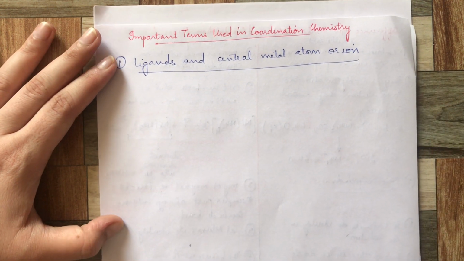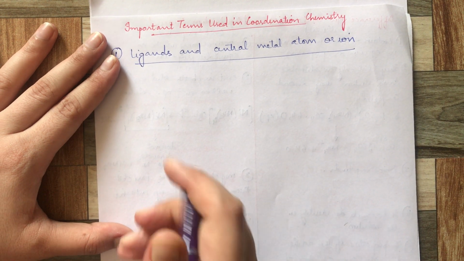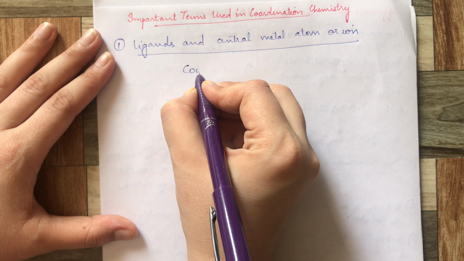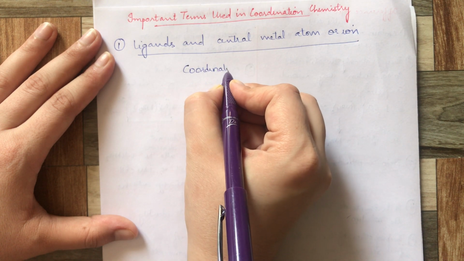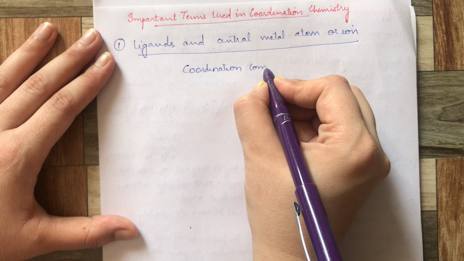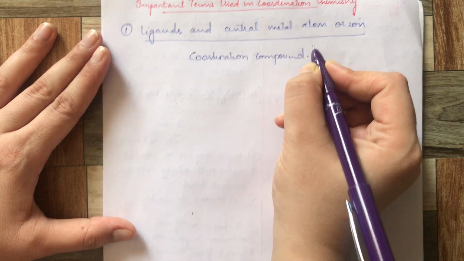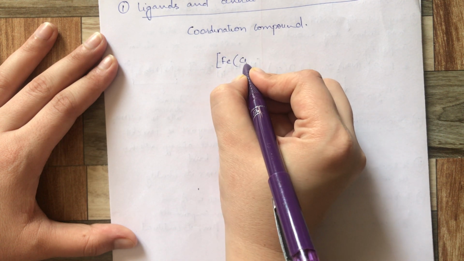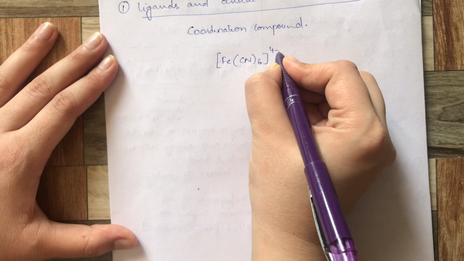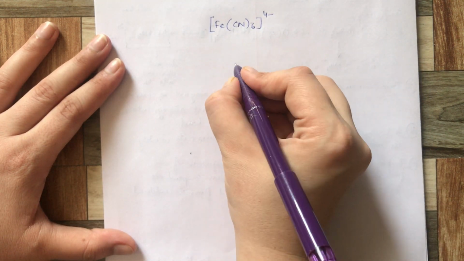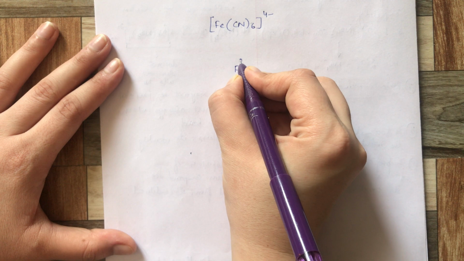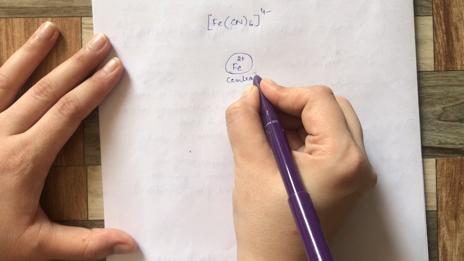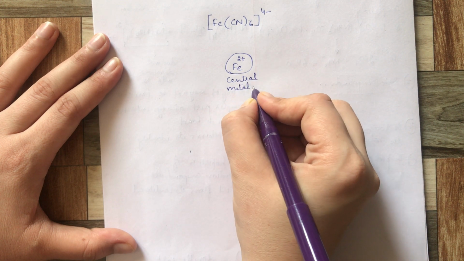Suppose we have a coordination compound, [Fe(CN)6]4-. Here Fe2+ is the central metal ion,